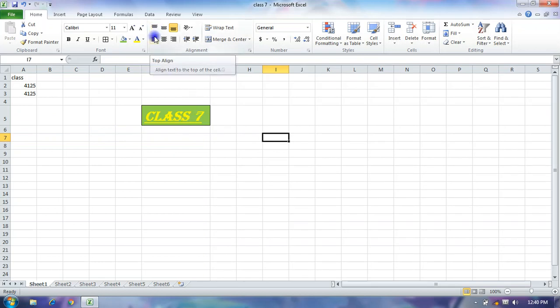Alignment: you can align top, left, justify, bottom, center, bottom or right. You can also change the angle of your text like this. First we select it.